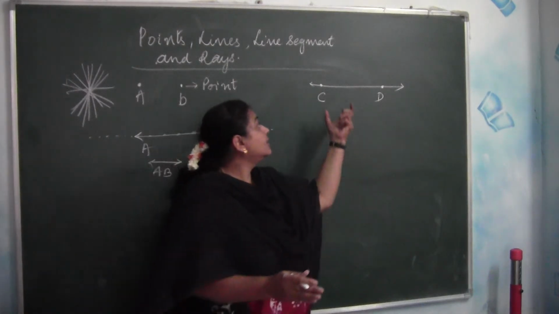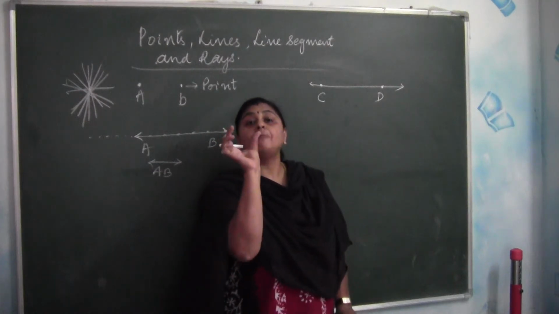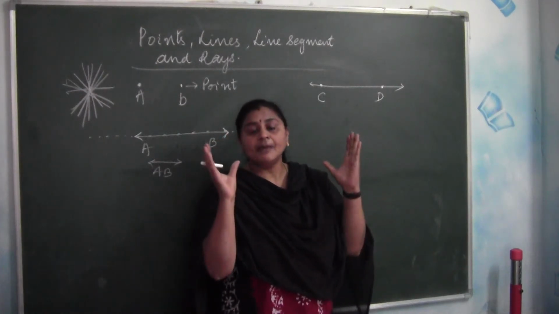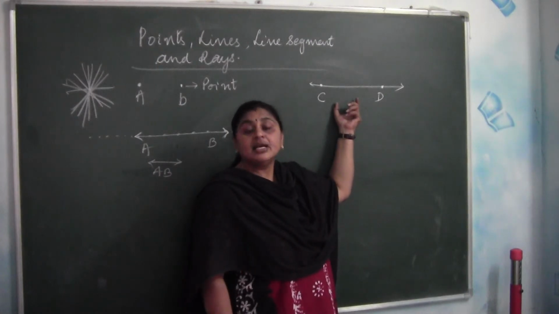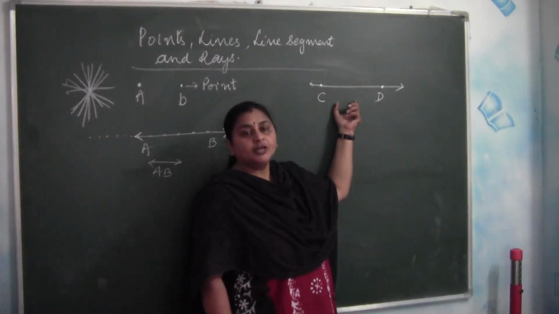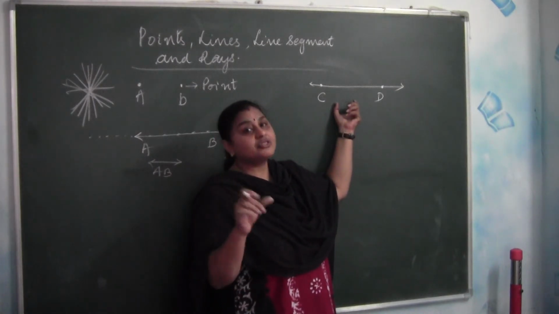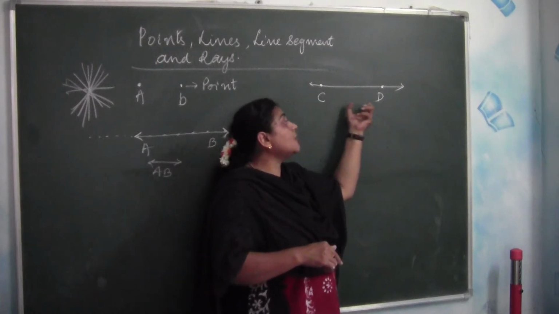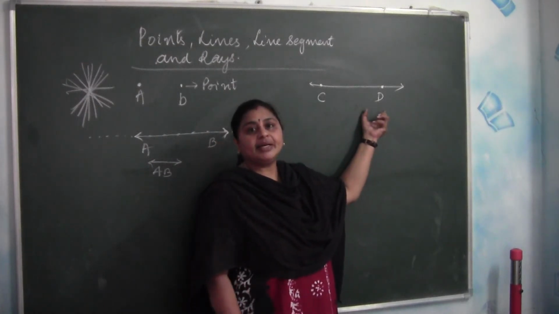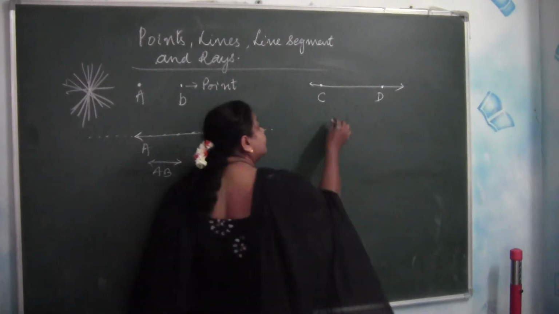But we say line segment. Segment means part. A part of a line is called a line segment. What do you call a line segment? Part of a line is called a line segment. And we are using uppercase alphabets here also to name the line segment. And how do we represent this as